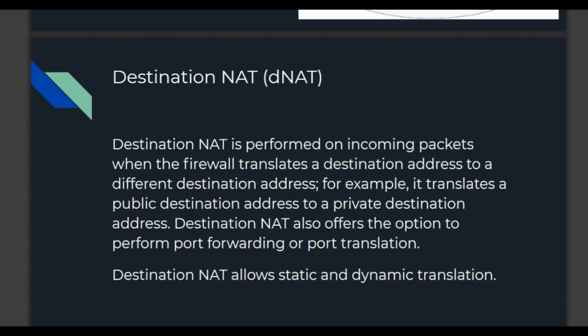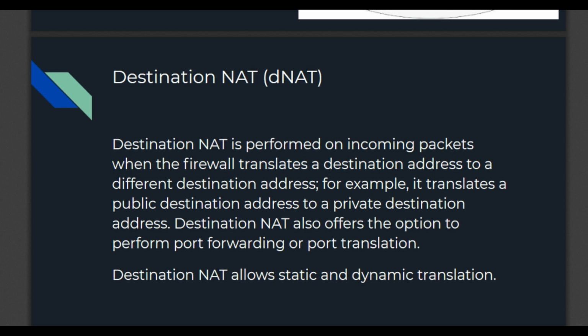Let's discuss the related destination NAT, DNAT. This is the translation of the destination address of an inbound packet that enters a firewall's interface, and it translates the destination address before sending it out on the egress interface. The firewall knows where to send the packet based on the translated address that has been configured.